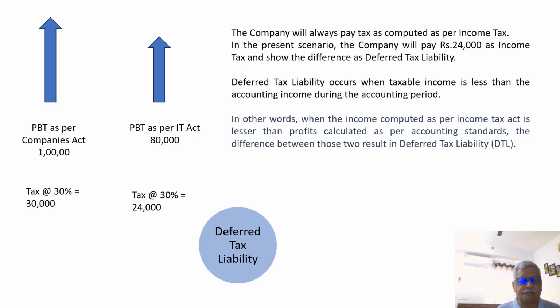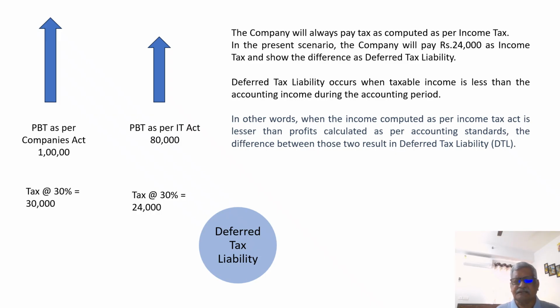Let us see an example. The profit before tax as per Companies Act is 1 lakh. The tax at the rate of 30% comes to 30,000 rupees. Profit before tax as per IT Act is 80,000. Tax at the rate of 30% works out to 24,000. We are going to understand the deferred tax liability concept. The company will always pay tax as computed as per income tax. In the present scenario, the company will pay rupees 24,000 as income tax and show the difference as deferred tax